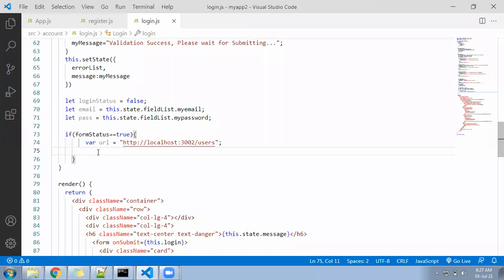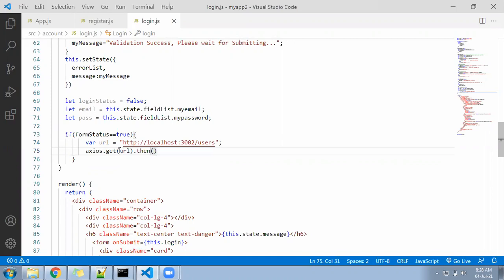So let's go right here and call axios. I hope you have already imported axios on the top. Call axios.get. We are going to read the data of this particular URL, and after that the dot then method.